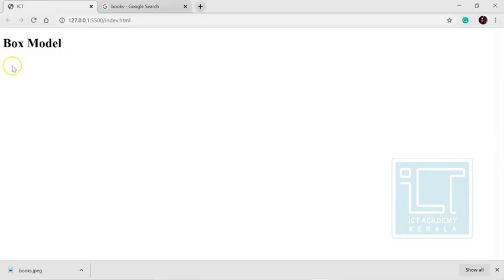Now what I'm going to do is draw this content. Each and every element inside an HTML basically has a hidden border which we cannot see with our eyes. In the background it has a border.